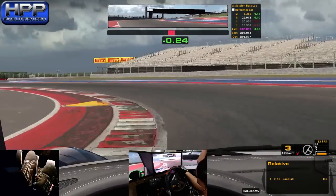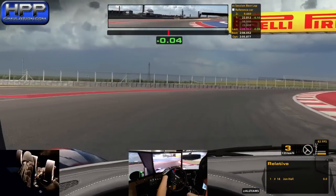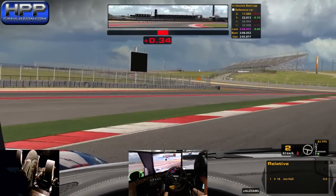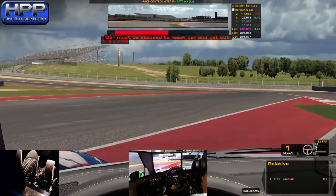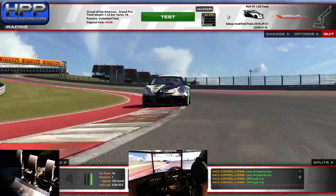See, I'm enjoying this track right now. It's, if you've never, see, I probably just destroyed the front of the car. But if you haven't driven this track, it's really frustrating to start. But once you find that rhythm,